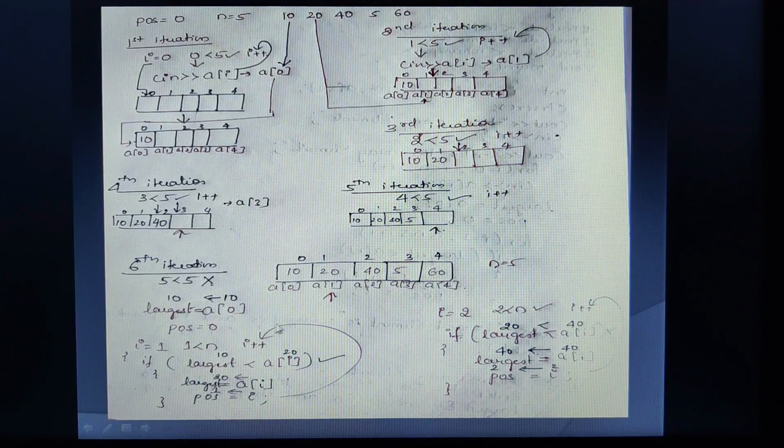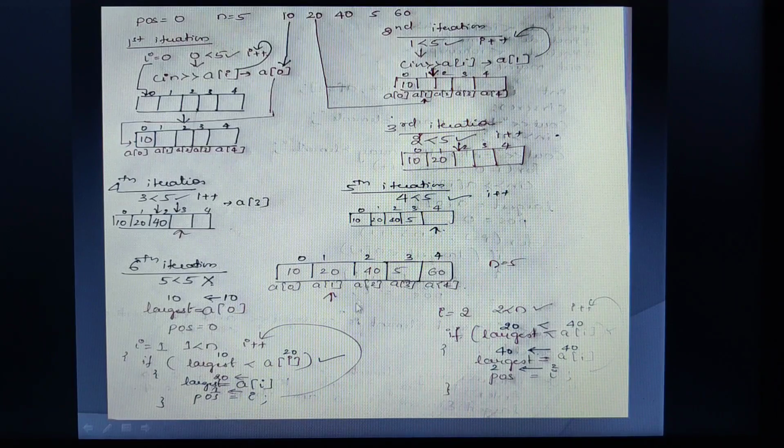Again what happens? I gets incremented. When I gets incremented, definitely I will start pointing at the second location. Previously it was pointing to 1. After that I gets incremented. Now this loop keeps on repeating until this condition fails. Now I is pointing to the second location, I is equal to 2. Then it is again checking whether 2 is less than 5, as per this condition. Yes, the condition is true.